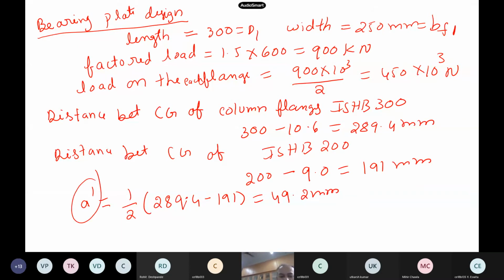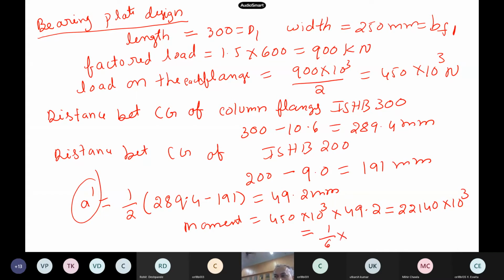Now we have to find the moment. This is simply 450 into 10 cube, the load, multiplied by 49.2 mm. This is my bending moment, 22140 into 10 cube. Now this has to be equated to 1 by 6 bt square.